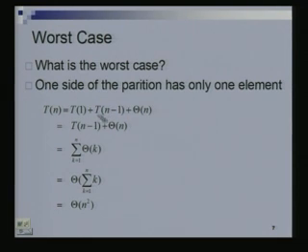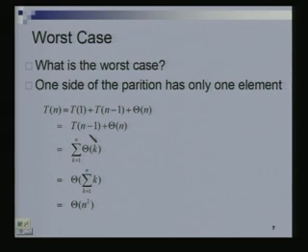So T1 I am assuming is 0. If you have one element, there is nothing to be done, it is sorted. So this is just T(n minus 1) plus theta of n. Now, what is T(n minus 1)? It is T(n minus 2) plus theta of n minus 1, and T(n minus 2) is T(n minus 3) plus theta of n minus 2, and so on and on. So it essentially becomes theta of k, k going from 1 through n.